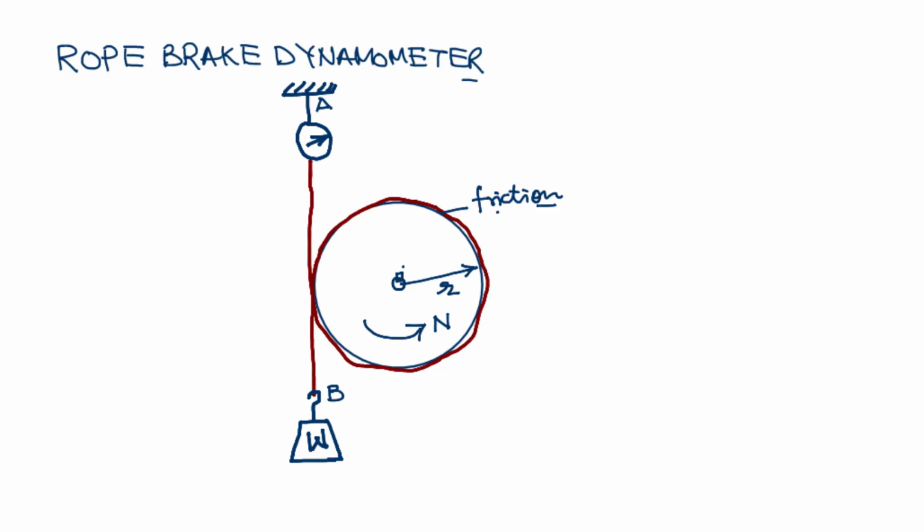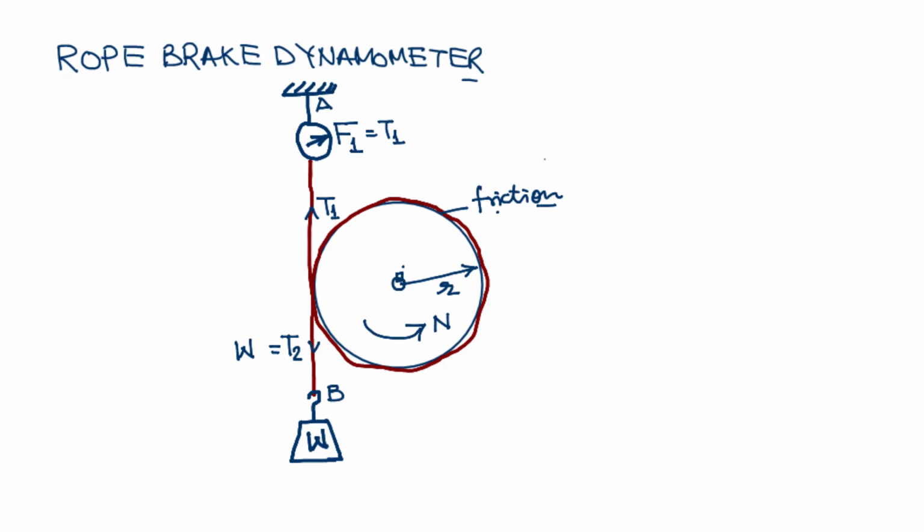On this side, this indicates tension T1 or force F1, or tension side T1, which is measured by the spring balance, and on the other side this is tension T2, where T2 equal to W, weight W. Now torque,